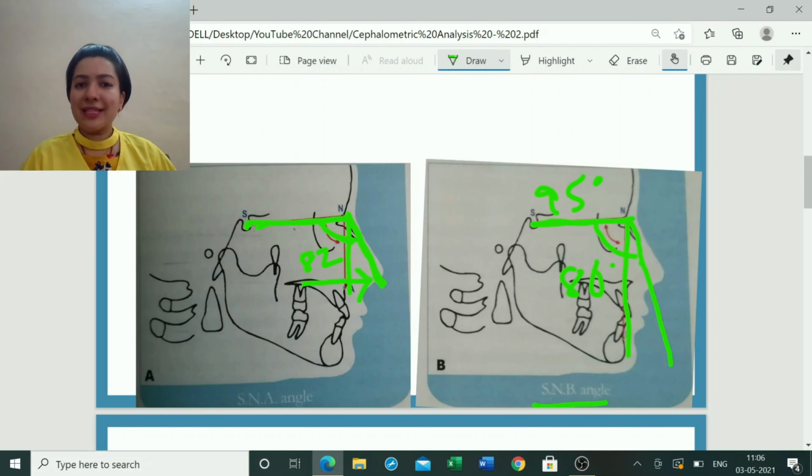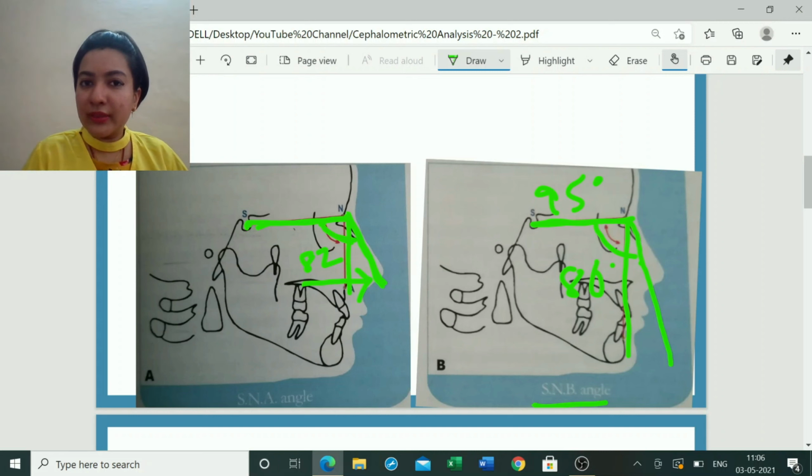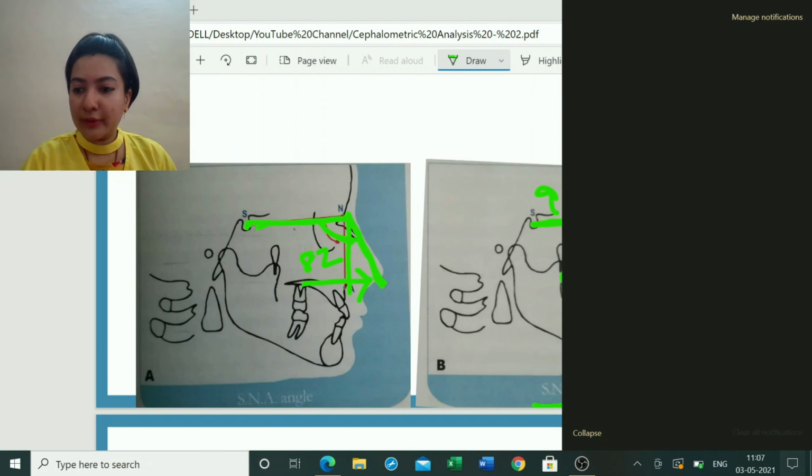Whenever we get an orthodontic case, we start with the case, take up the cephalogram and start tracing it. So SNA and SNB are two very important parameters which we always take into consideration. However, we do not follow any parameter blindly. SNB can be increased because of multiple areas, so all these things have to be taken into consideration. But that is mainly not very important from the NEET MDS point of view. You should know the interpretations very well though, right? So if SNB is more, it is indicative of prognathic mandible, and if it is less, it is indicative of retruded mandible, assuming that my maxilla is normal.